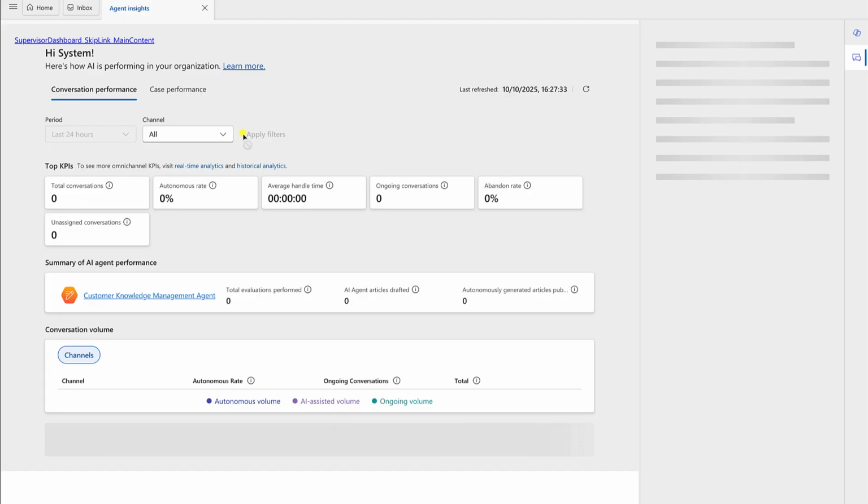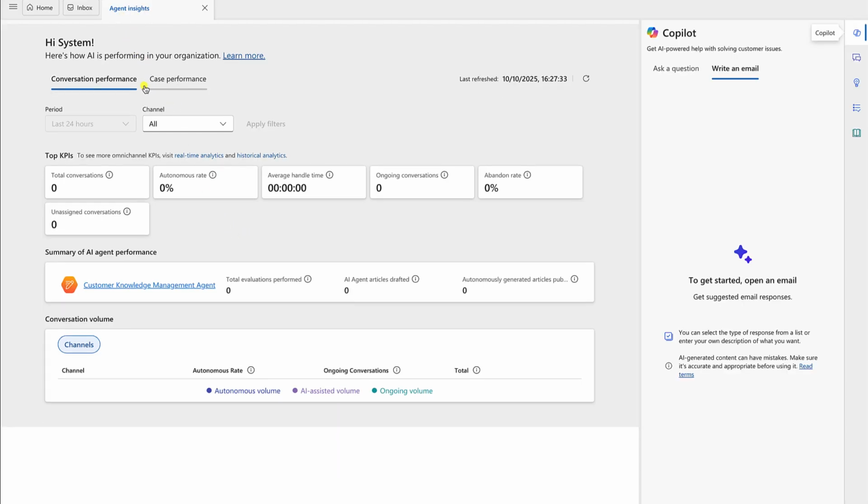Now, it's not that great on mine because I don't have any data in here at the minute, but what this allows you to do is see the agent insights about any of those Copilot enabled AI agents that you've got operating in your environment. So here you can see a summary of AI performance: total evaluations performed, AI agent articles drafted, autonomously generated articles drafted, and you've got quite a lot.